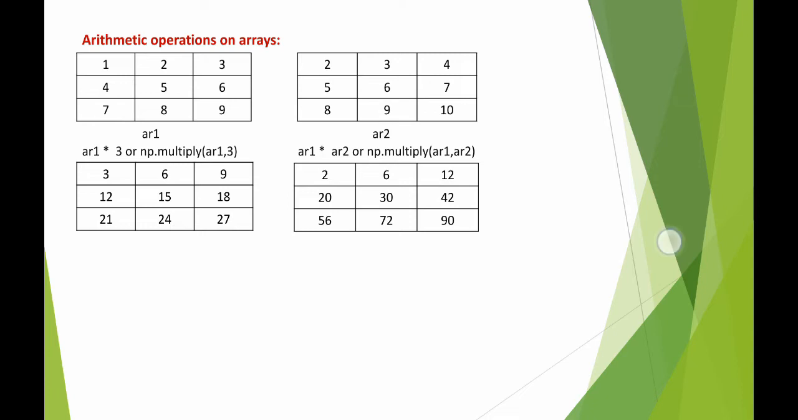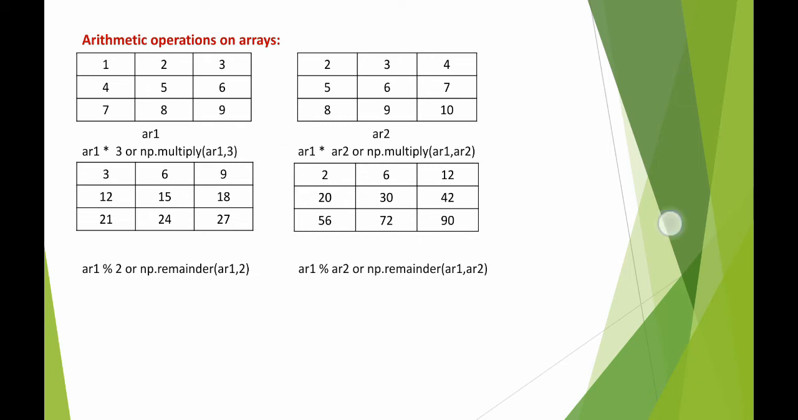Okay, now next, AR1 modulus 2 or np.remainder AR1 comma 2. Here we have to take the modulus by 2. Modulus means you have to divide by the number and you have to take the remainder. This could be written also in this manner: np dot remainder ar1 comma 2. That means ar1 has to be integrated with the operation of modulus. So if we divide by 2 all the elements of array ar1 and take the remainder, the output will be